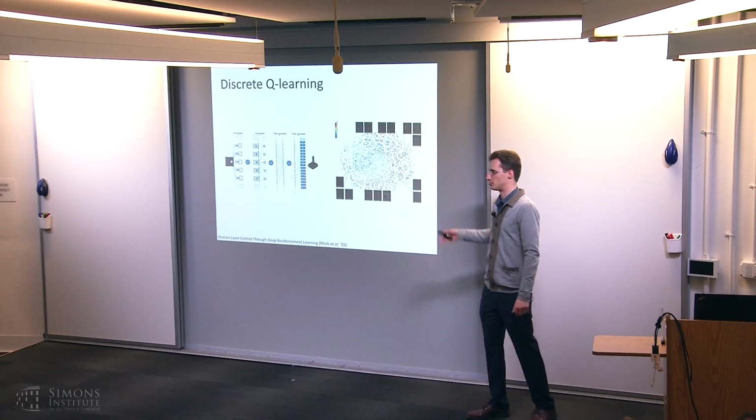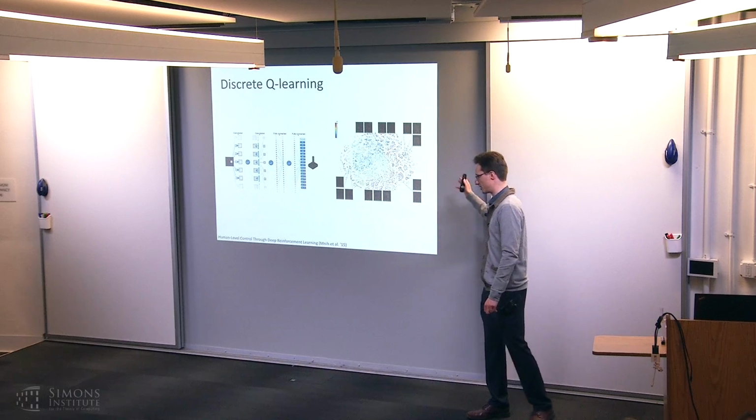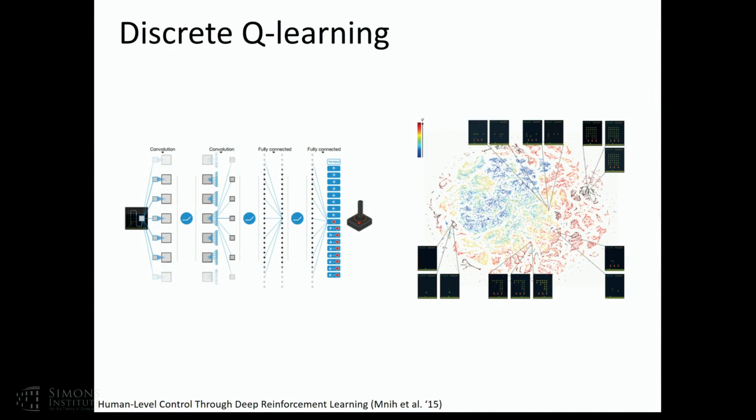Part of the reason I mentioned Q learning is because it was actually popularized by this fairly well-known work on using Q learning for playing Atari games from Google DeepMind, where they used this algorithm to play a large number of games from raw RGB images. So that was the algorithm they used.